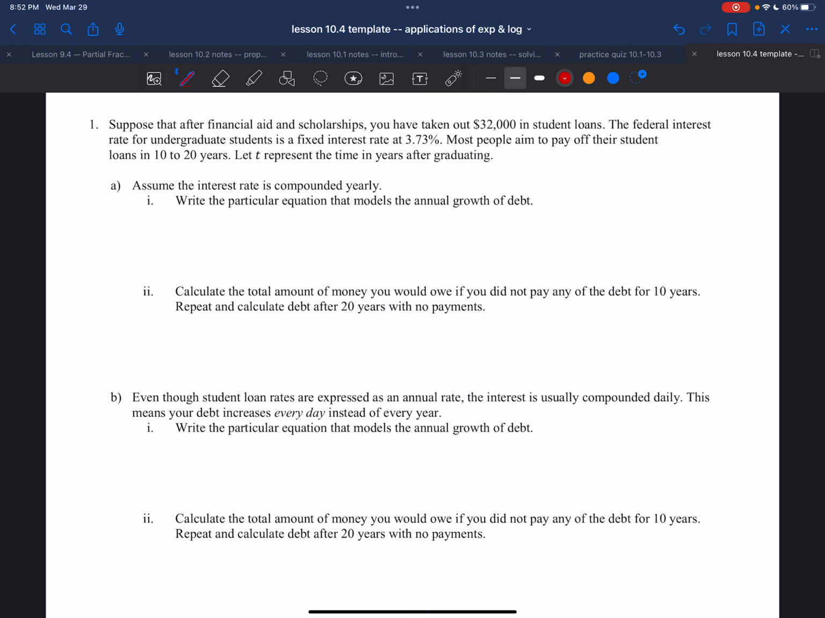Okay, so here's what we're going to do. We're going to assume that the interest rate is compounded yearly. We're going to analyze this problem from a multitude of contexts, or I should say using various models. So we're going to do interest rate compounded yearly. So what does that mean? Well,